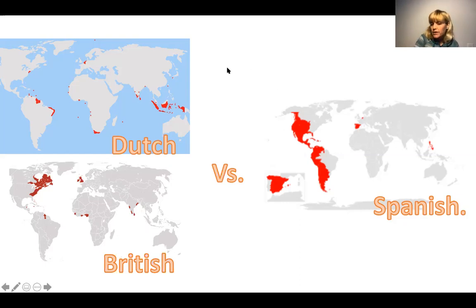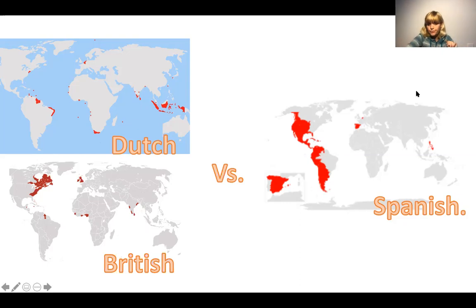So you can't really control a trading route if you've just got all the land. There's not really one particular trading route that the Spanish need to control here. Instead, you see the Dutch and the British and the Portuguese competing with each other for trade over in the Indian Ocean. I just wanted you guys to get a sense of what that looks like, because these are two different types of European